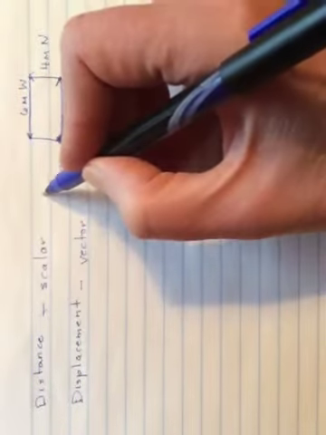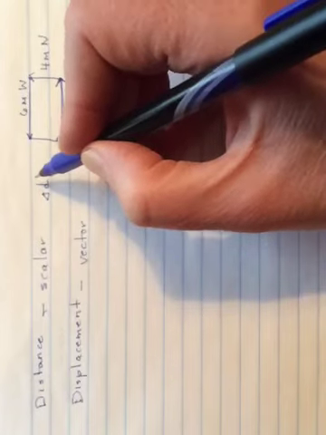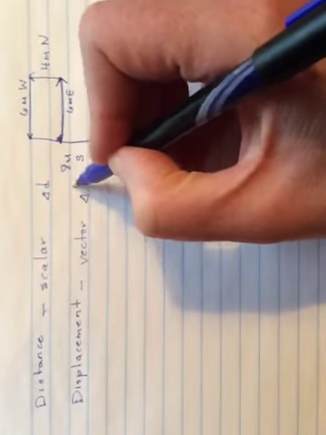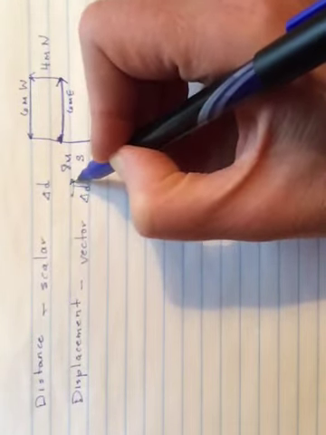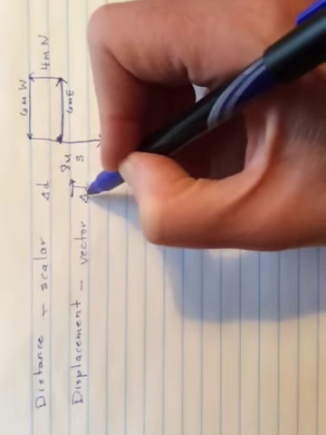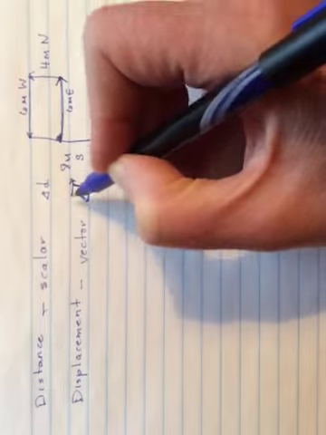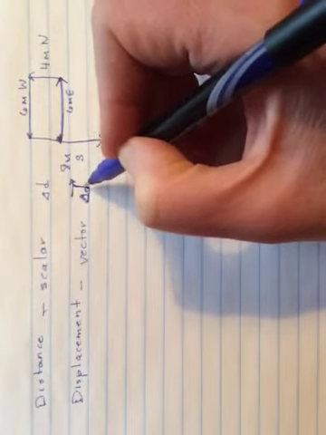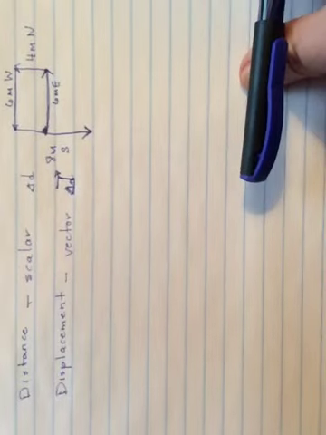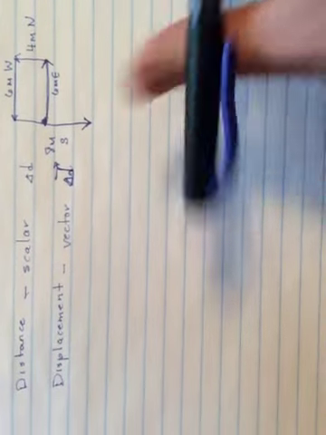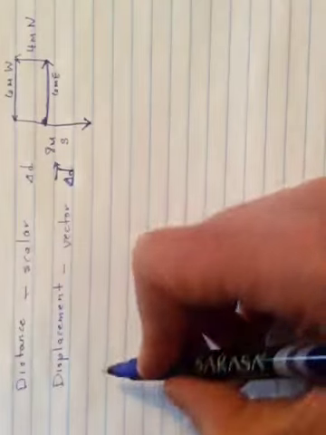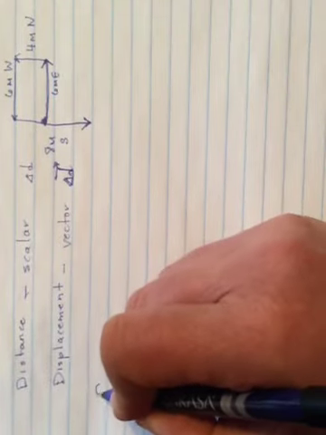They are both delta d's, but distance is just delta d and displacement is delta d with the arrow over the top. You'll often also see vectors in a textbook written as bold instead of the arrow. So the bolded one will be the vector and the non-bolded will be the scalar. But on the classroom board, it's really hard for me to do bold, so I just put the arrow over the top. Then we talked about speed